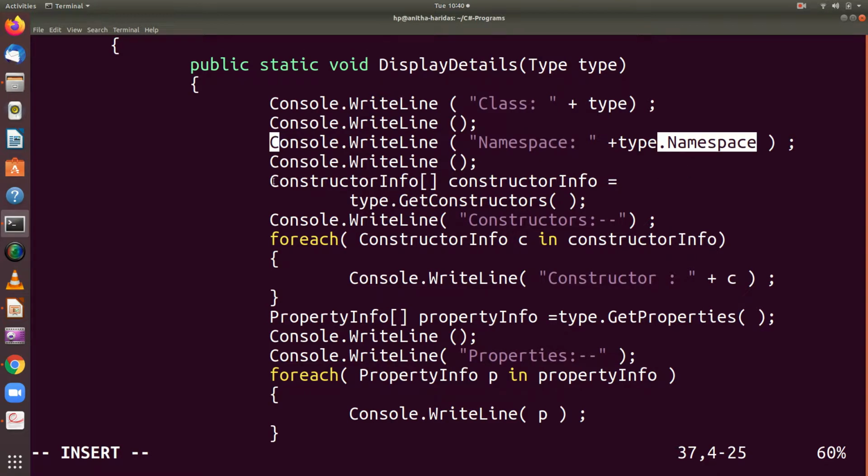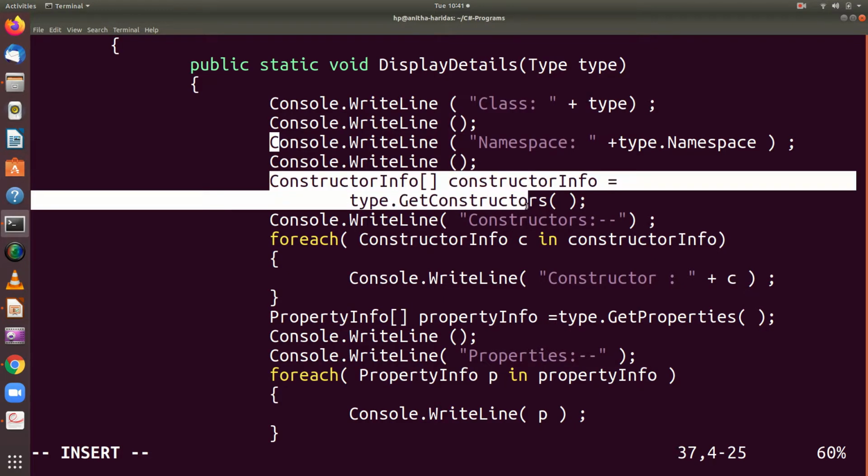Then I am having ConstructorInfo. Observe, ConstructorInfo is a class that is available inside the Reflection namespace. And using ConstructorInfo, I am going to access the metadata of the constructors available in the class. So this is the statement that gives you the constructor information of a particular class.